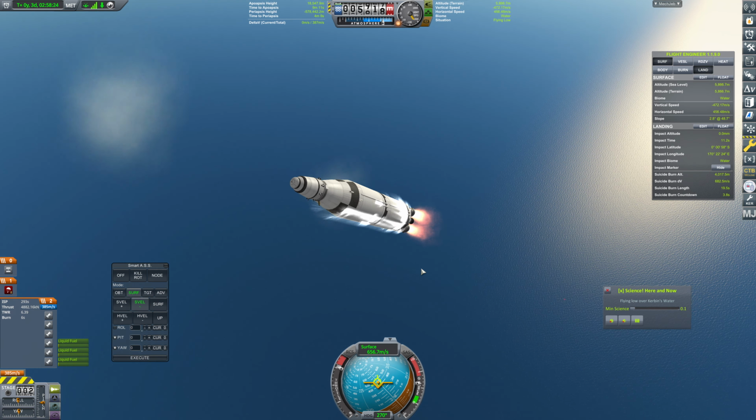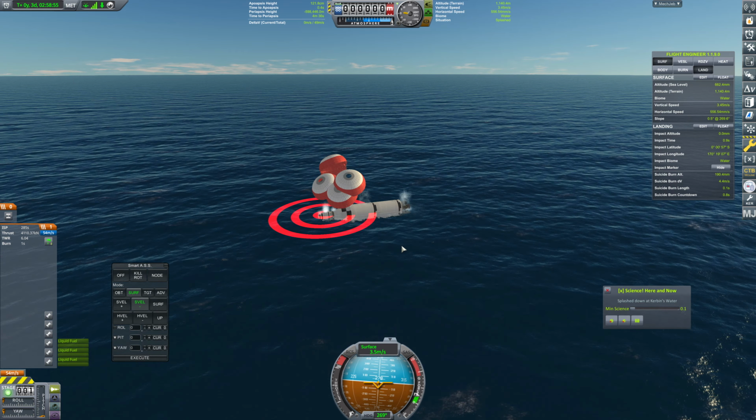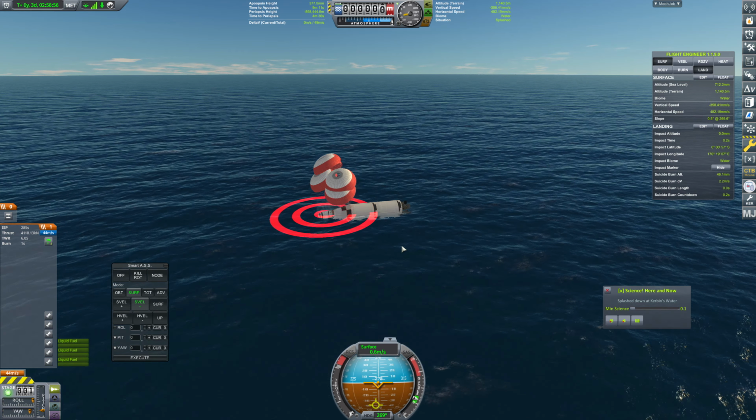Oh, that was a bit of a butt clencher. But we got him. Okay. We were really low on fuel to make that happen. So that's noted. We needed a lot of fuel there, mostly for that braking burn, but that was mostly because